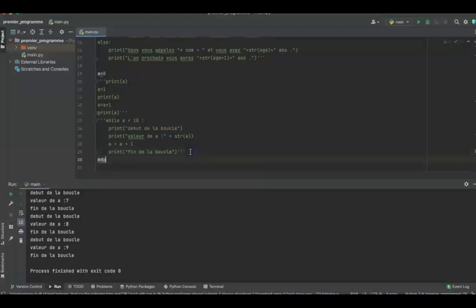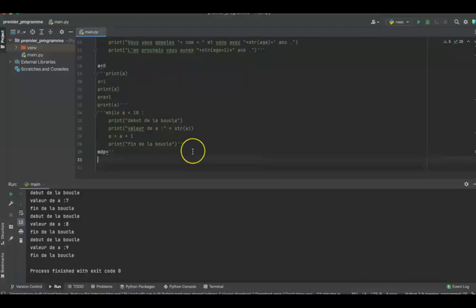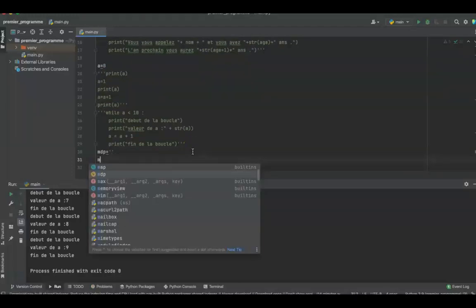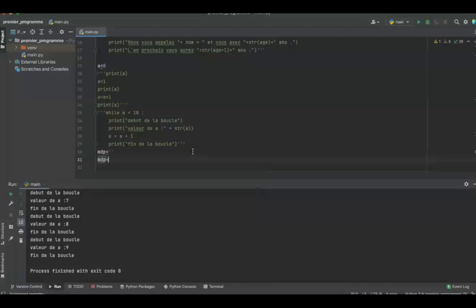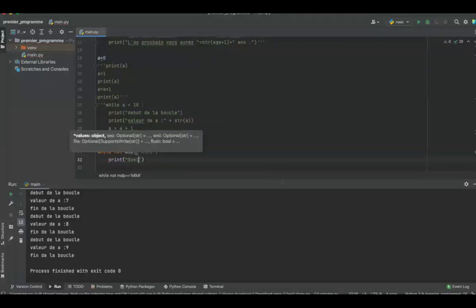We're going to ask the user for the password. To do this, I'm going to declare a variable password, which is equal to a string, and here I'm going to put password equal, so I initialize it to MIMI in uppercase, and I'm going to do before a while, so as long as the password is not equal. To do this, I'm going to put here not, it's not equal to MIMI,